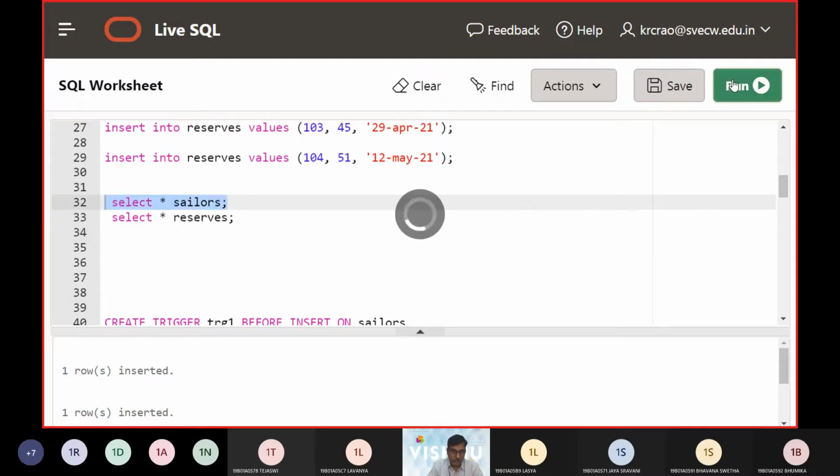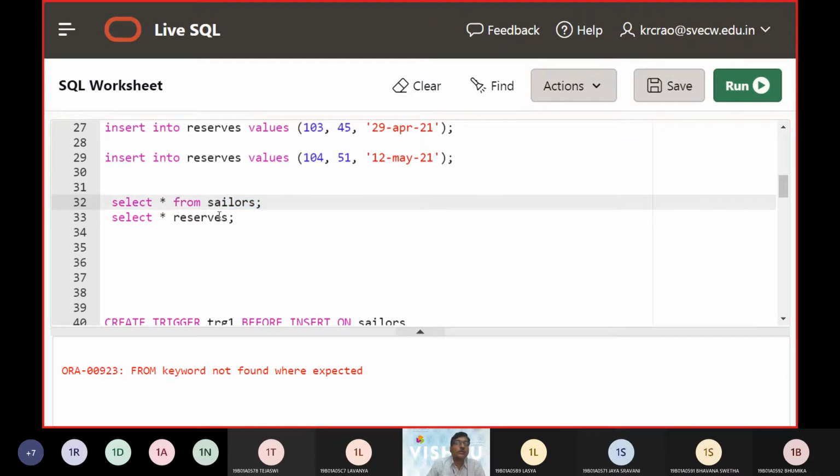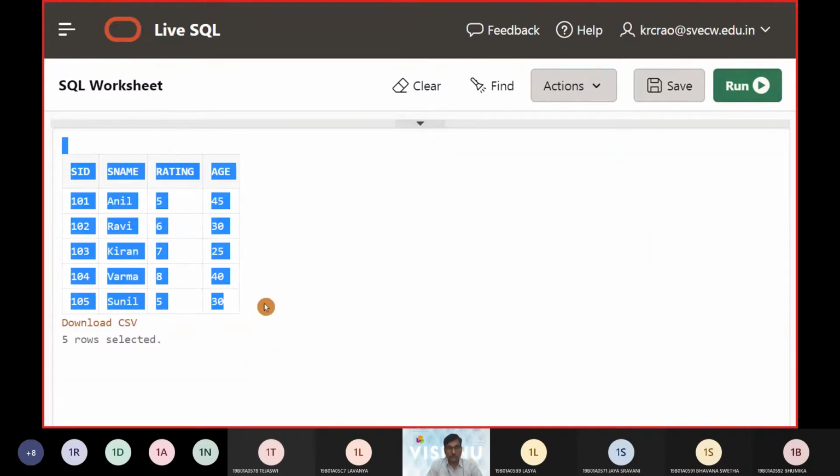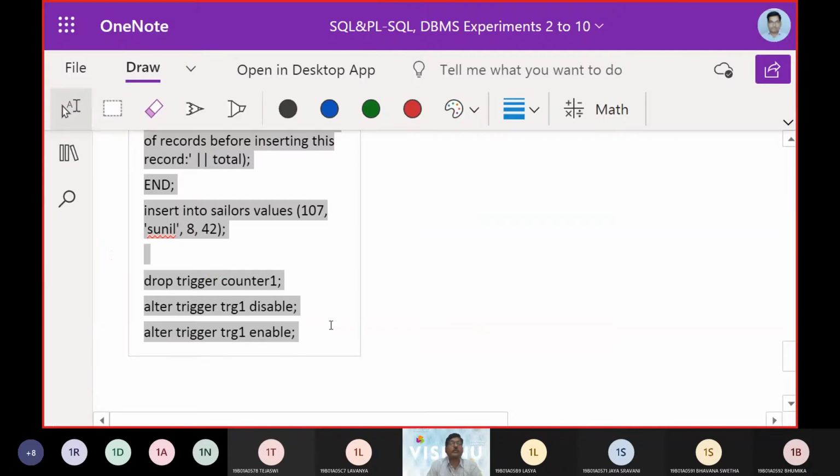Now you can see there are 5 rows in the prompt.